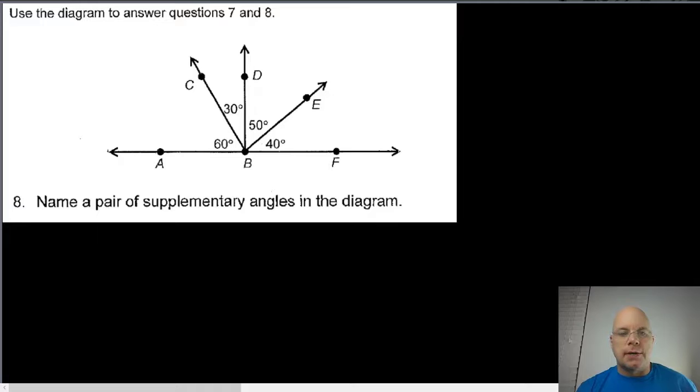Tonight's homework focuses on categorizing, classifying pairs of angles. If a pair of angles has a sum of 90 degrees, that pair is called complementary. They're called complementary angles. And then if you have a pair, specifically two angles that add up to 180 degrees, they're called supplementary angles. So the whole first side of your homework, the first half of the first side is